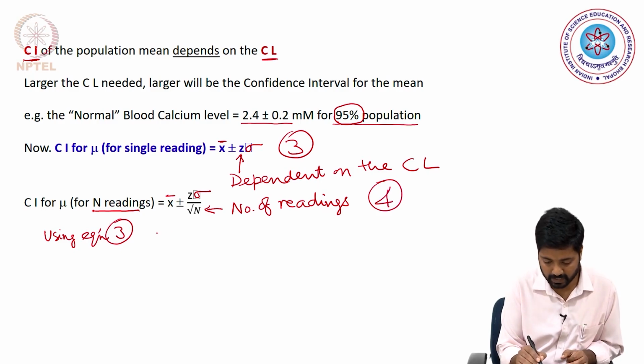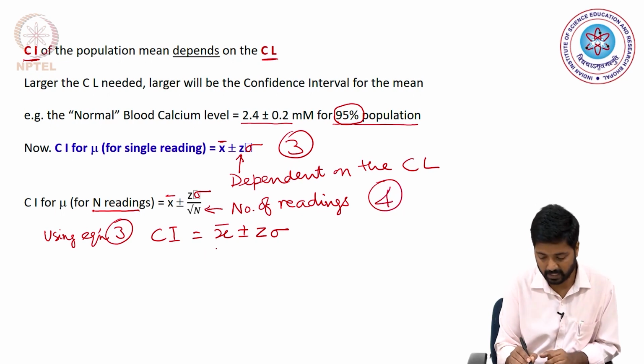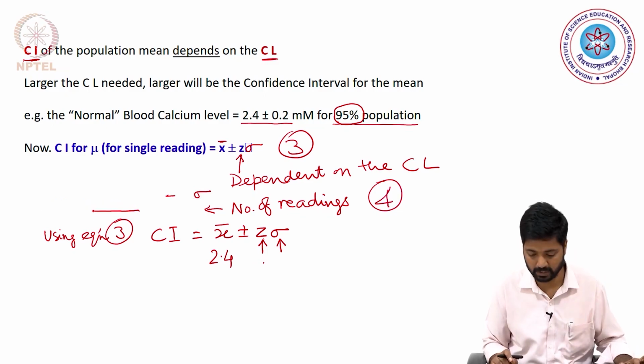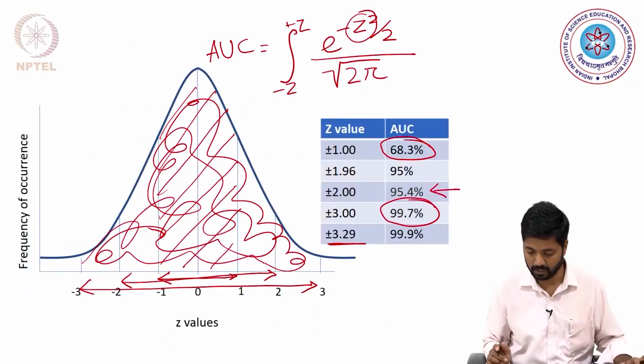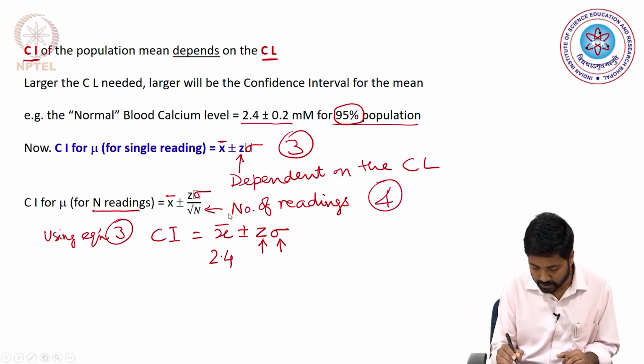What we observe is that CI is equal to x bar plus minus z sigma, and x bar here is 2.4, and the z value and sigma value are what we need to plug in here. Now, the z value for 99% of the population is